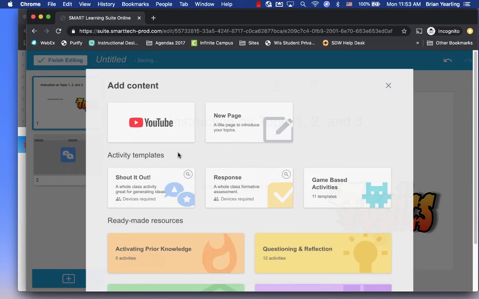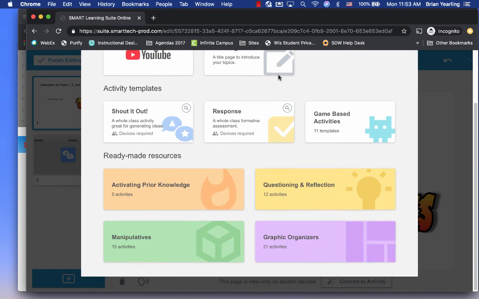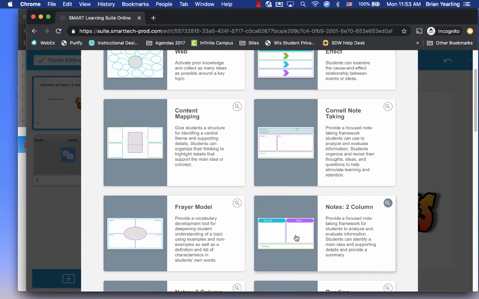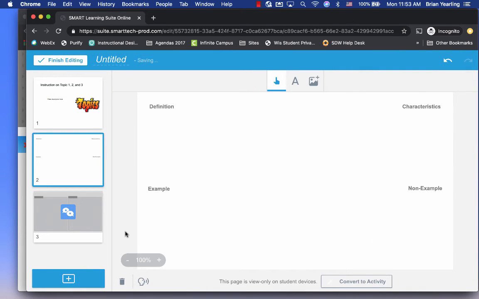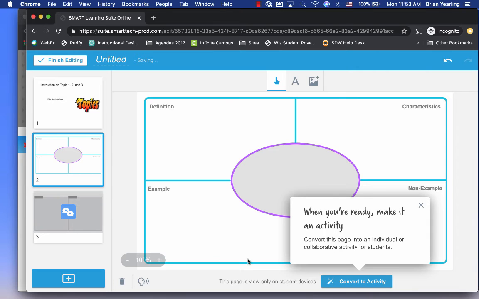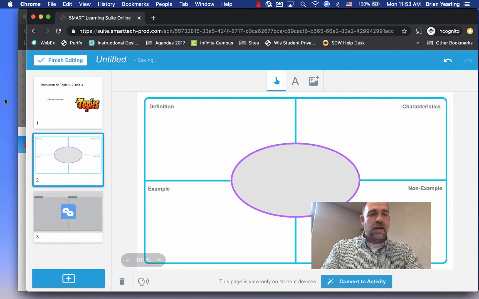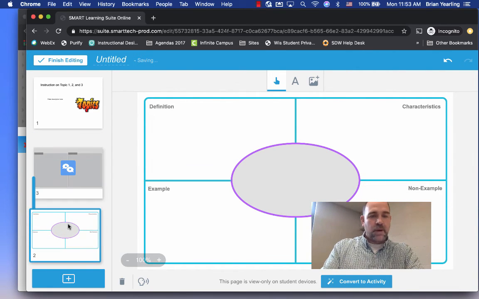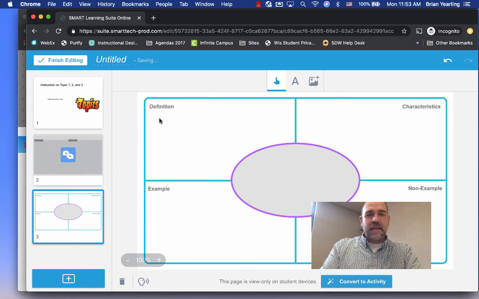Now let's add just one more quick activity that's been pre-made for us. Here I'm going to add a graphics and organizers type activity. We'll do more with that in an upcoming lesson. Great. Now we've got it all set. I'm going to reorganize them. And that's just the basics of uploading an activity to the Smart Online Learning Suite when we start to build